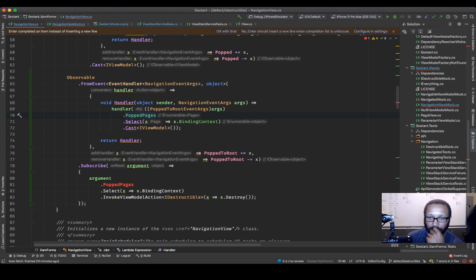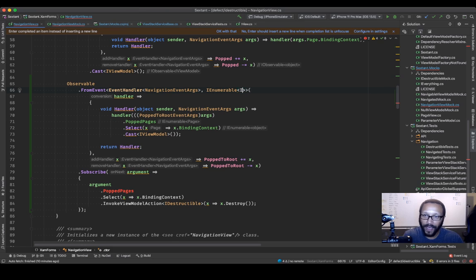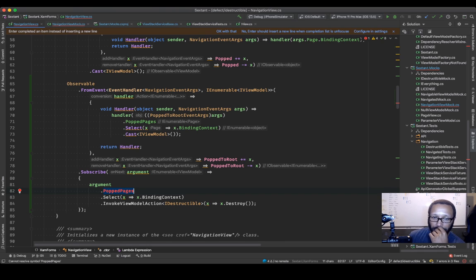Now we just have an argument object. And that object is going to actually be a list of... It's going to be an IEnumerable of IViewModel. Yeah? So now we can just do